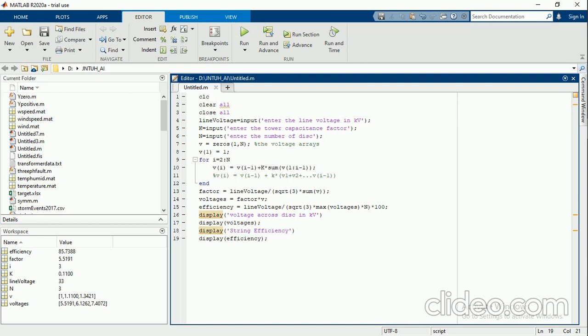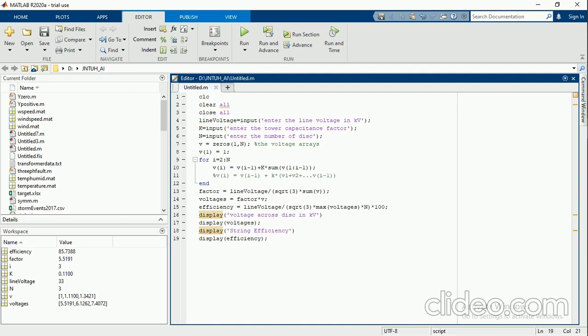Please remember, initially assign the small v for calculating the line voltages of the disk, whereas voltages is the phase voltages. When you multiply by this factor, it becomes the phase voltages. I'm calculating the phase voltages here, and displaying the variables voltages and string efficiency by using the display function.